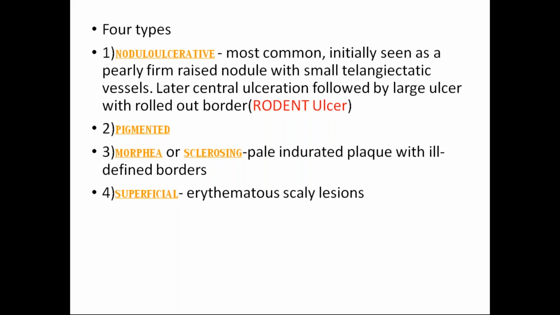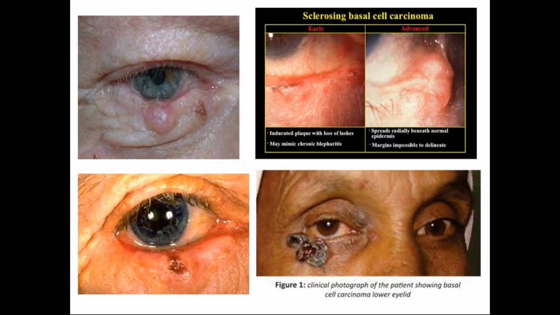Initially, it is seen as a firm nodule which has vessels surrounding it. Later, it ulcerates, and these ulcers have rolled out borders. This must be discussed in your second posting of surgery also. The second one is the pigmented type, the third one is morphea or sclerosing variety, and the fourth one is the superficial erythematous lesion. So these are basically the four types, and these are the examples of that: the nodular variety